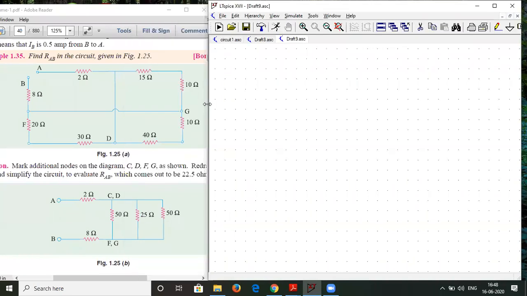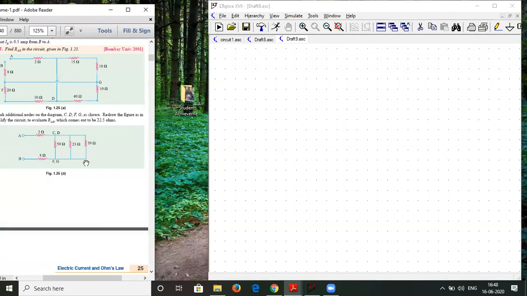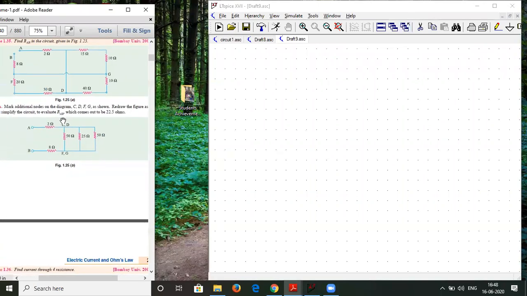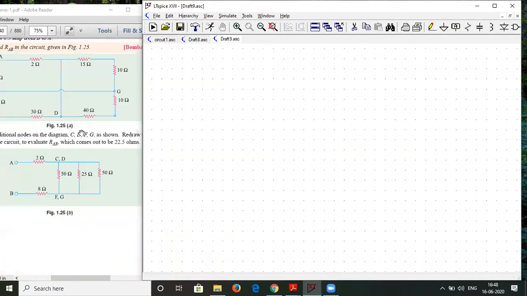Again, I'll take a new schematic and start taking up the resistors. I have to adjust the screen a little, because otherwise LTspice's functionalities won't be visible. Let me just increase it slightly.